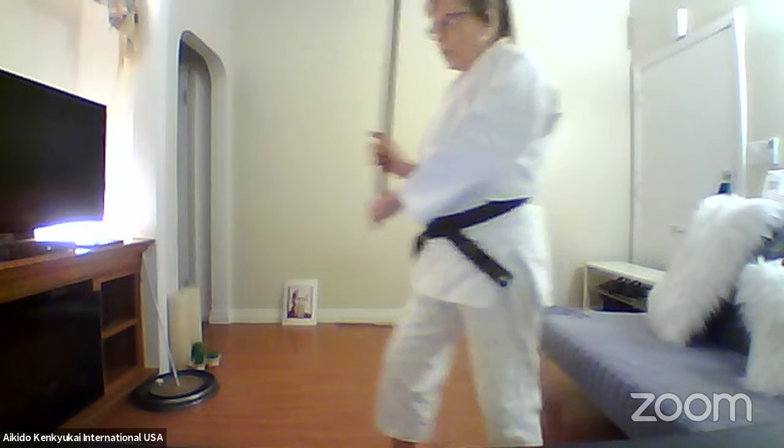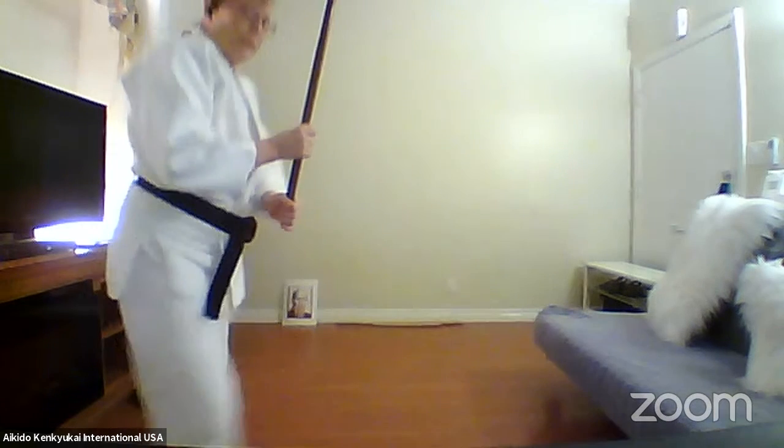All right. Then another thing that's hard for me to judge on Zoom, it's looking like this motion here has a little bit of shifting weight to it, but I think it could use more. Again, it's hard for me to tell on Zoom. If I could grab a hold of you, I could know in an instant. But anyway,